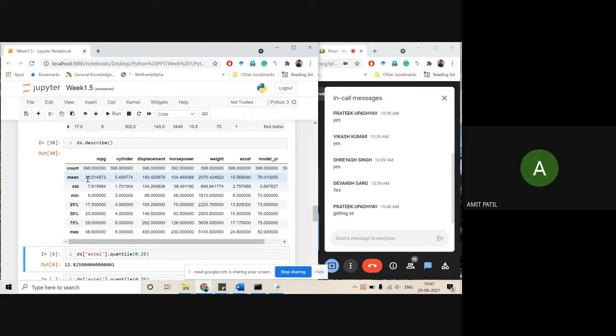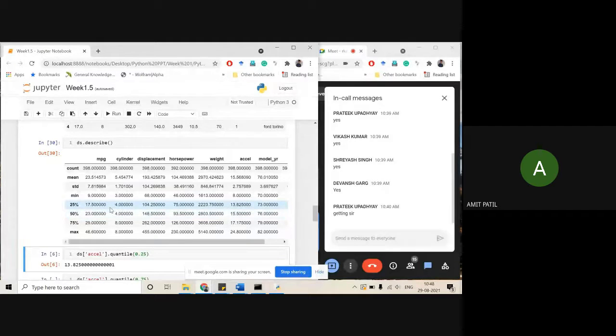Okay, so next, the mean value. This will give you the average of each and every numeric variable. The next is STD, that is your standard deviation. From mean and standard deviation, you can see the distribution of your variable or data set. Then these five entries are a combination: the minimum value, the 25th percentile or first quartile, the second quartile, the third quartile, and the maximum value. This will also give you an idea of the distribution of your data set.